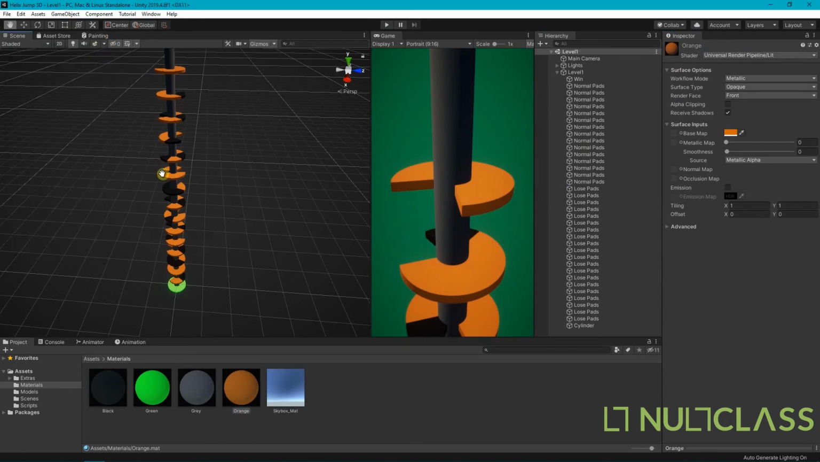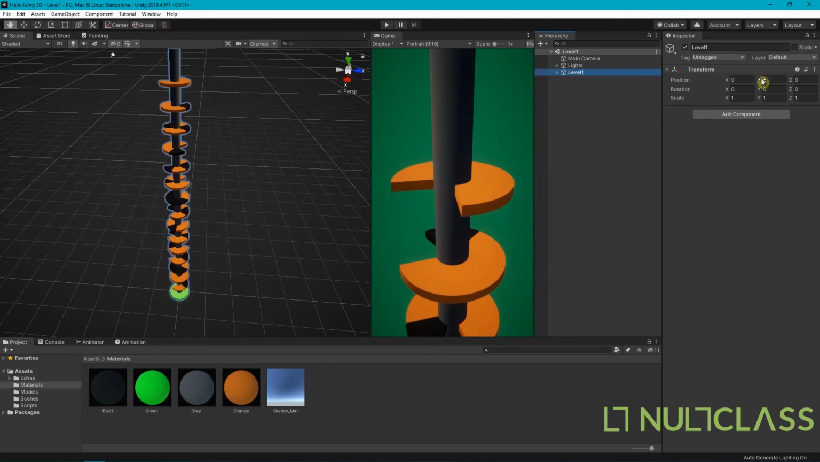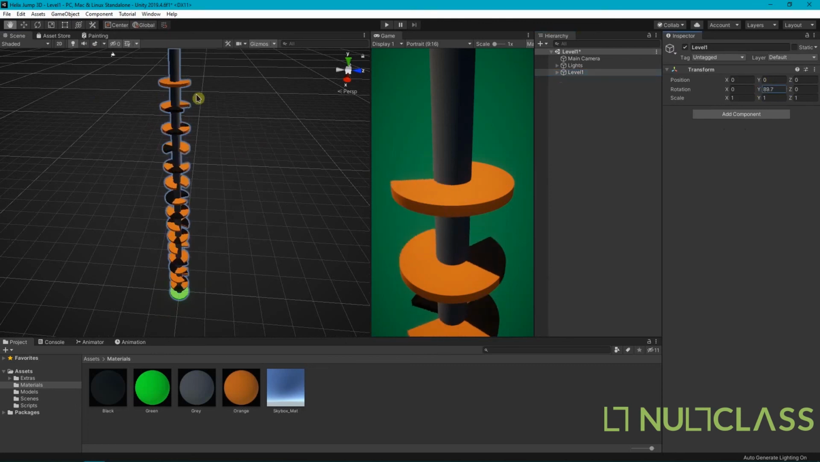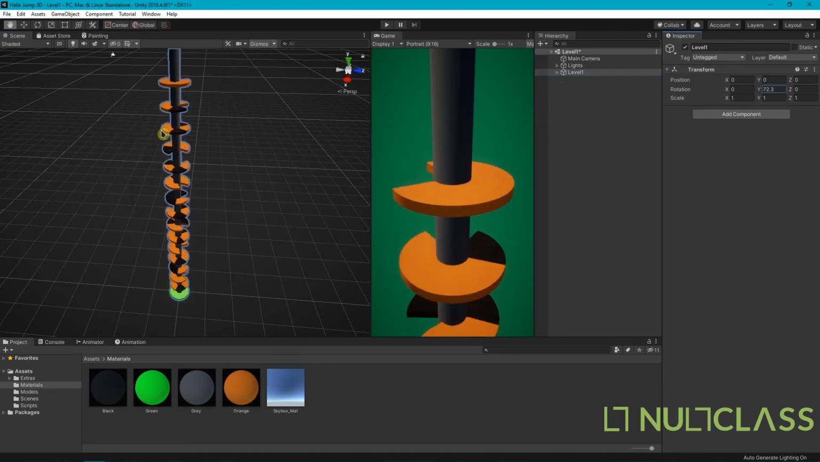Okay, so now you can see that our scene is set up, and just by controlling the shaft's rotation we can play our game. Okay, so now everything is set up,